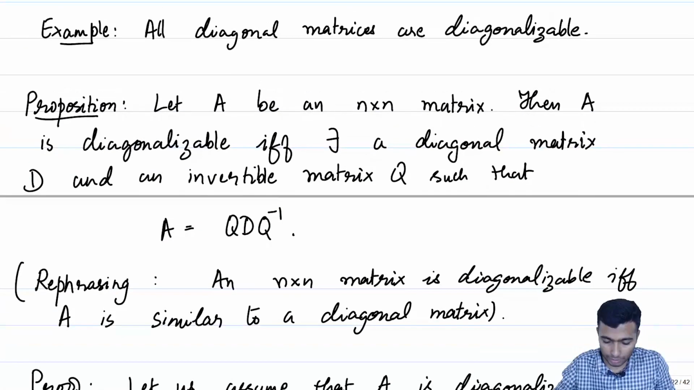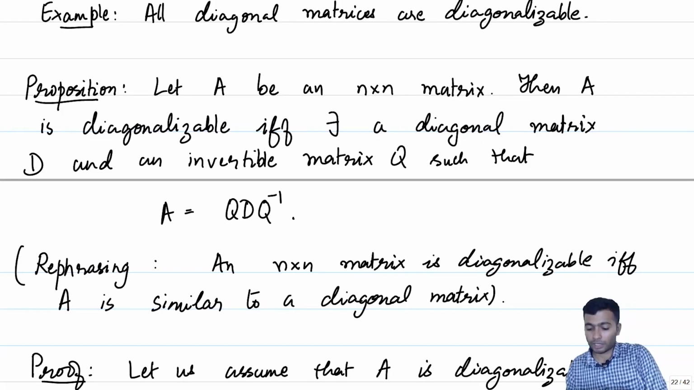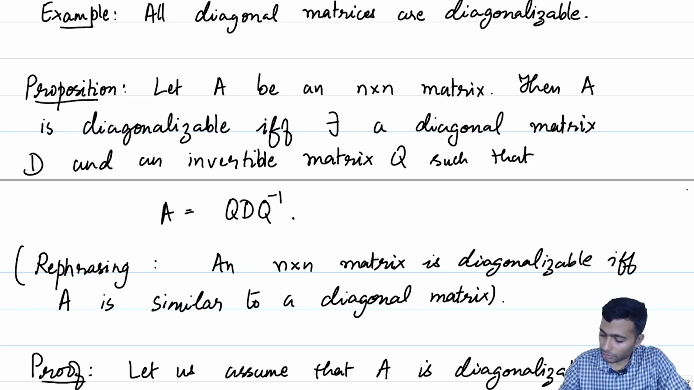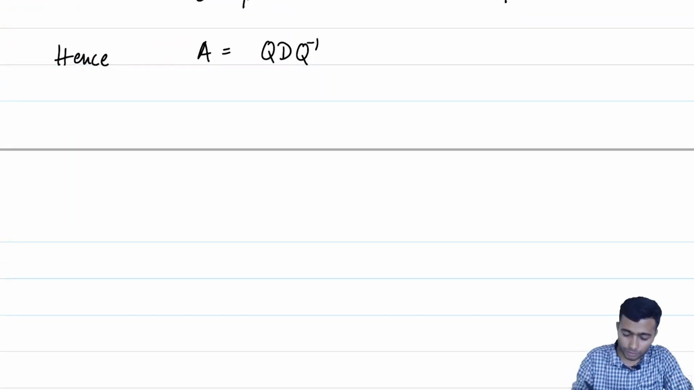Recall what we had written in the proposition. A is diagonalizable if there is a diagonal matrix D and an invertible matrix Q such that A is equal to QDQ inverse. Okay, now let us look at the converse. We have only shown one side of the proposition. So, to prove the converse,